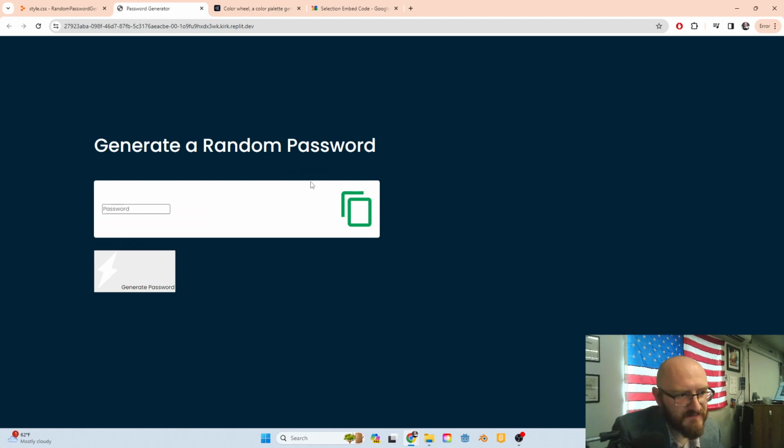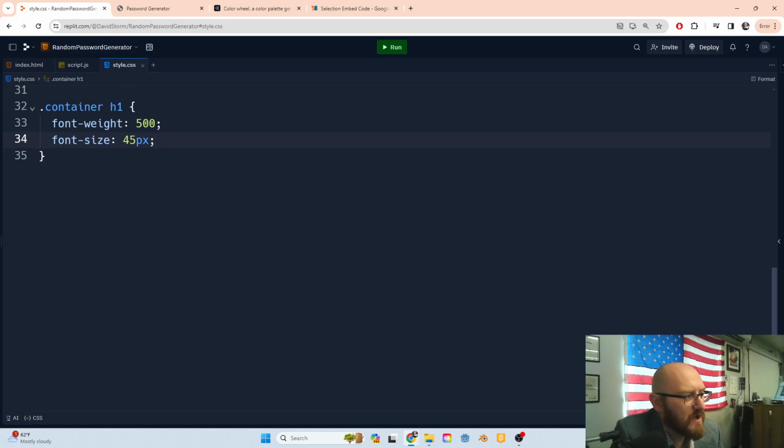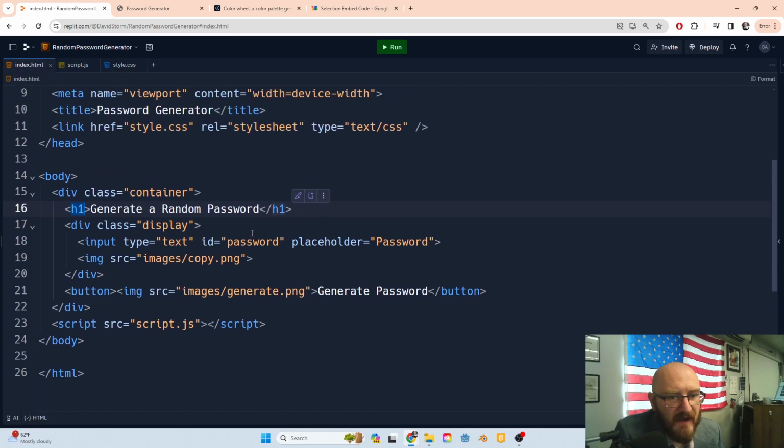Nice. That's much better. But I think I want the words "random password" down here below it, so that I can add a different color here. And it'll look nicer with it down here. So what I need to do is create a span. If we come back over here and take a look,